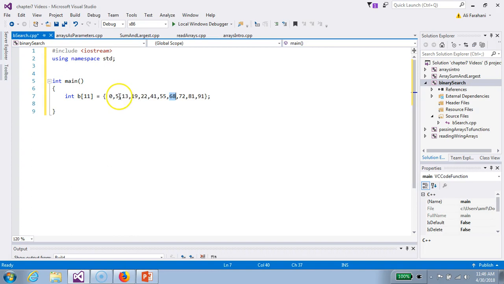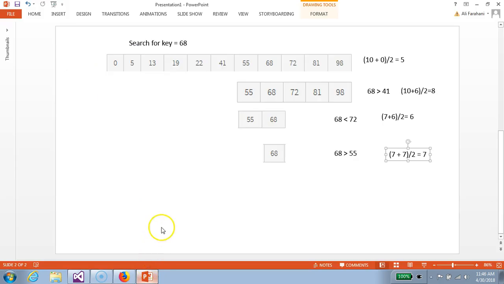And if you look at this list, this array, it is sorted starting from 0, the smallest number, all the way up to 91, the largest one. And we are, let's say, searching for the key 68. Now let me show you this PowerPoint slide that describes the algorithm. This is the same list of integers. The index starts from 0 and goes all the way up to 10, and we are searching for the key